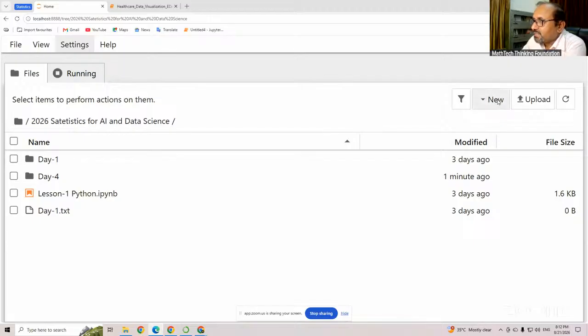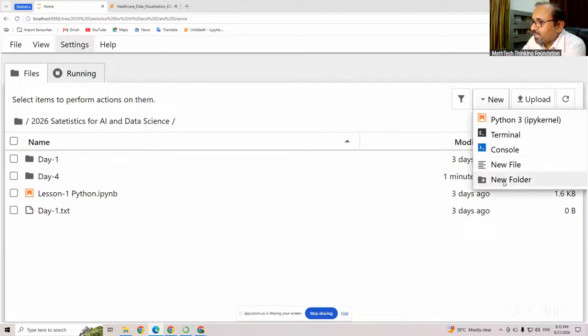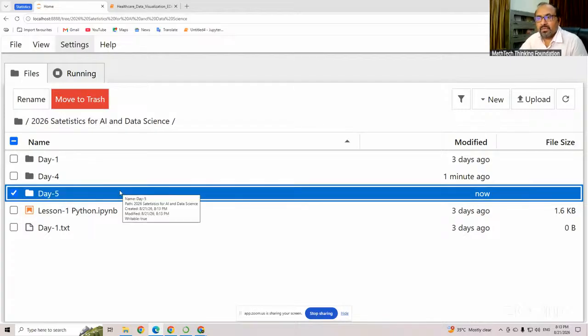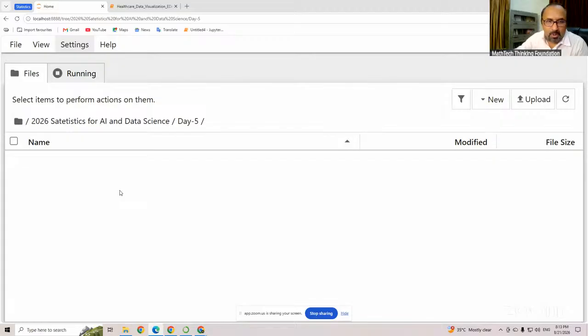By using this sign and clicking on new folder. Then you can rename it. This is day 5, and enter. If you want to open this directory, click on it. Now this is open, and if you want to upload the file,